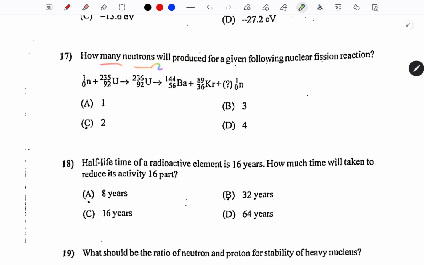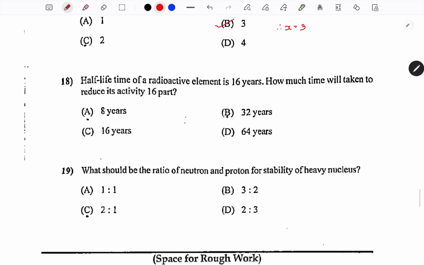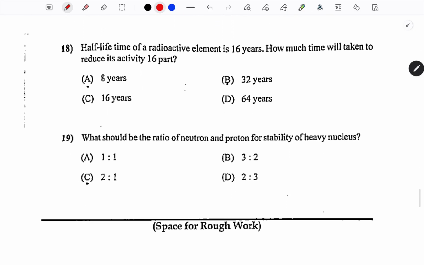how many neutrons will be produced in the given nuclear reaction? Okay, here a nuclear reaction is given, so according to this nuclear reaction we have to find the number of neutrons. So we can write 236 is equal to 144 plus 89 plus, let's say it is x. So therefore 236 minus 233 is equal to x. Therefore x is equal to 3, option B. Next question,